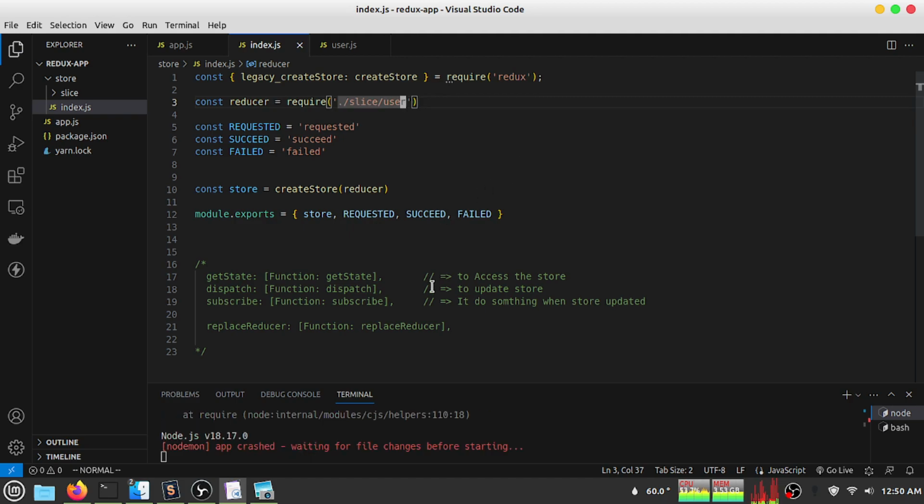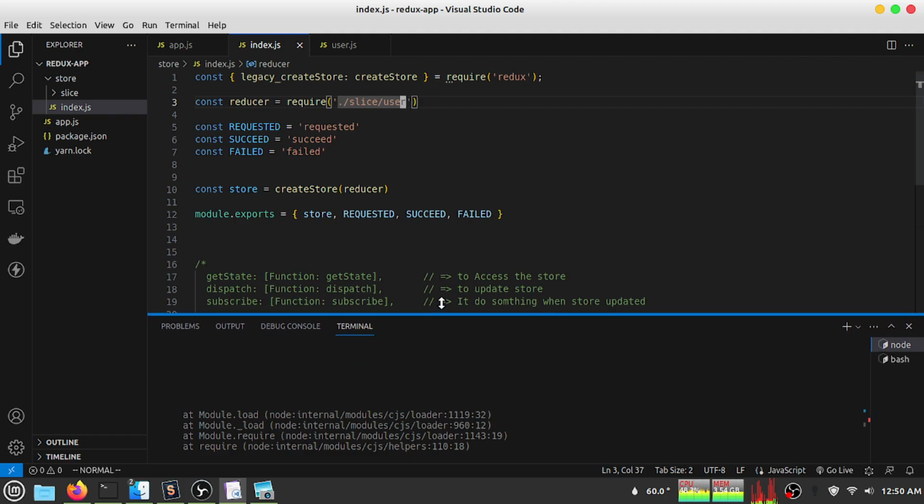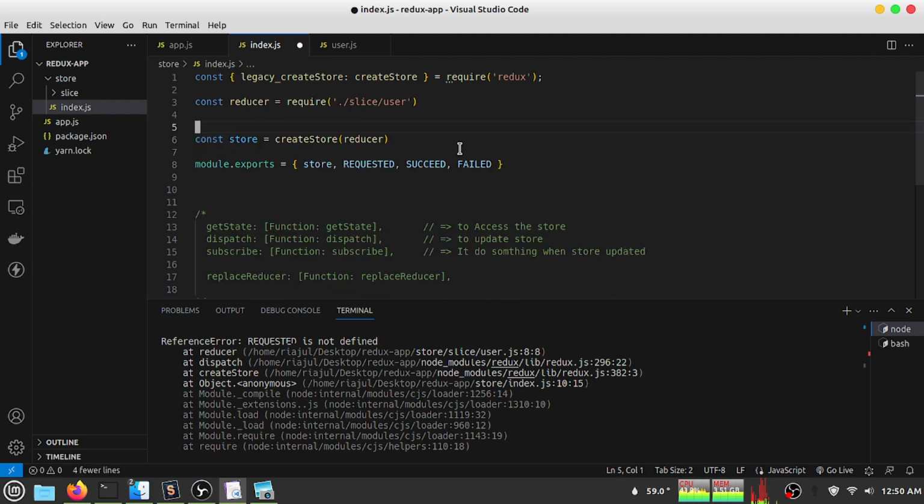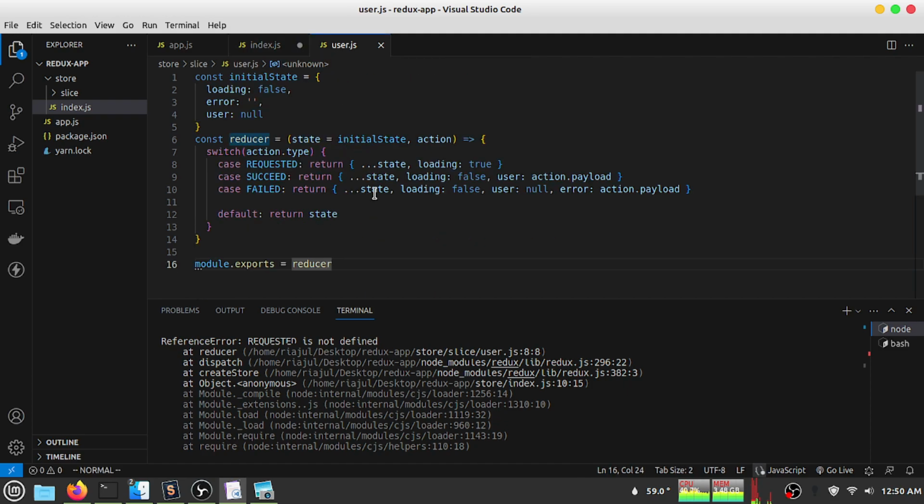If I save my file, it says something is wrong. Requested not defined. I have to move this function or this method, because this method is not needed here anymore. We put the reducer method here,